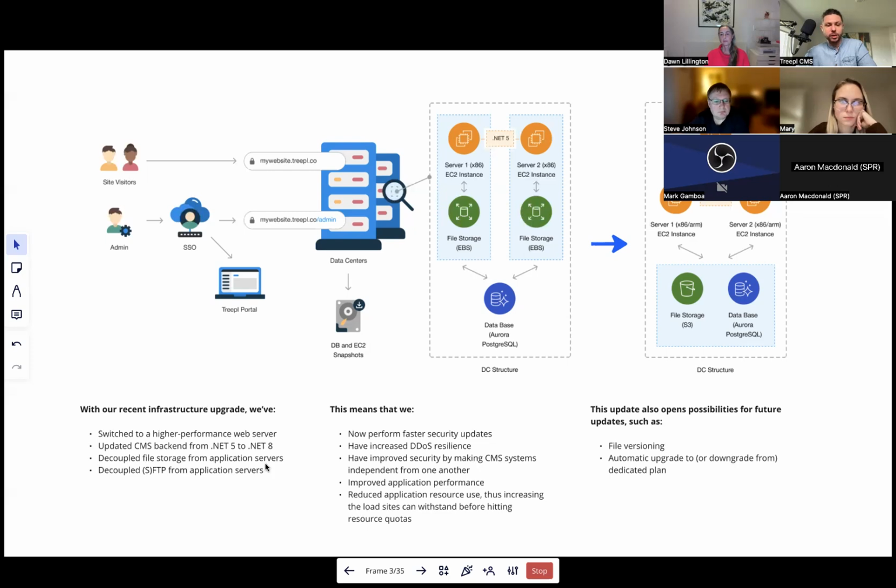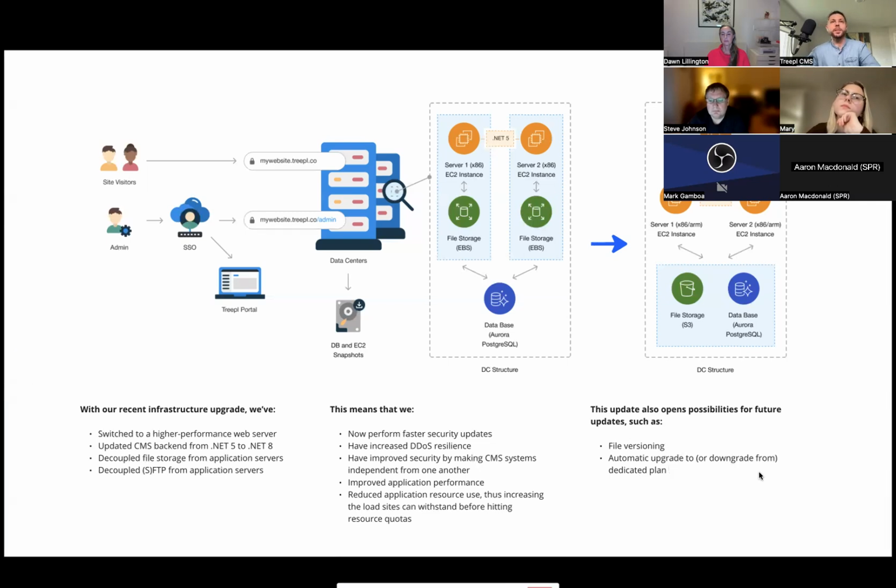We decoupled file storage from application servers, decoupled SFTP from application servers. So we now perform faster security updates. We have increased DDoS resilience, have improved security by making CMS systems independent from one another, and improved application performance, reduced application resource use, so sites now can withstand more load before hitting the resource quota. And it also opens possibilities for future updates such as file versioning and automatic upgrade to or downgrade from